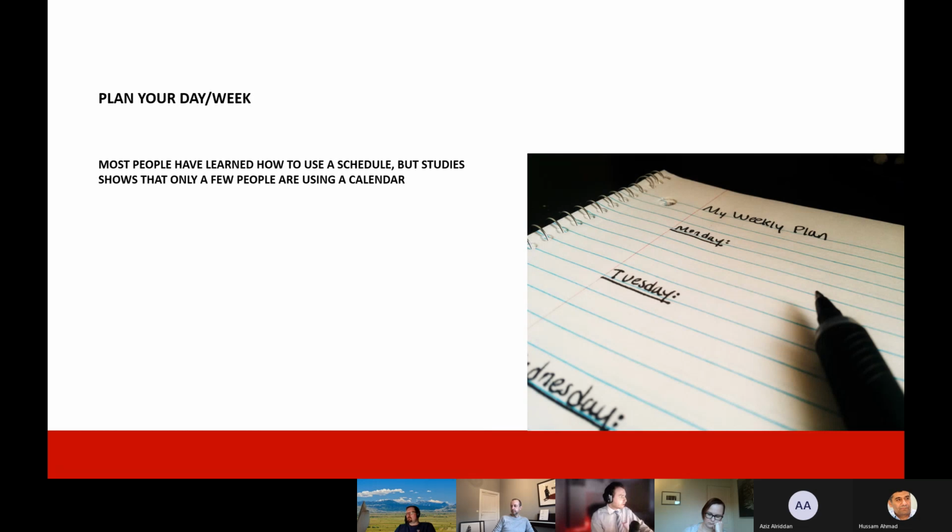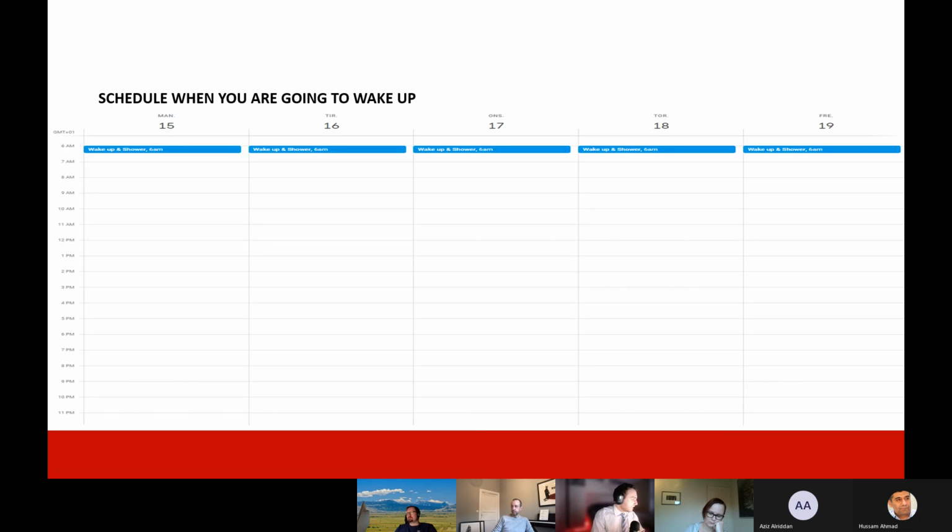So I want to build up a plan and a daily calendar with the agile habits in it, just to give an overview of how this can be implemented. The first thing that everybody should do, of course, this is just how I think around it, it's not like this is the right way, but this is how my thought around this is, is to schedule when you're going to wake up, and if you shower, then take the shower as well.